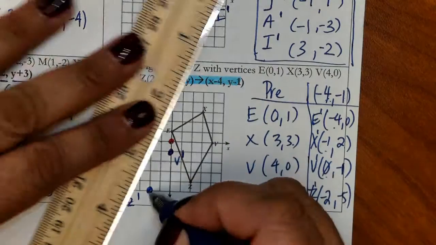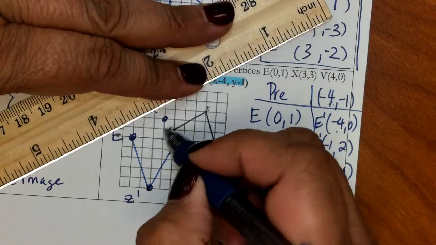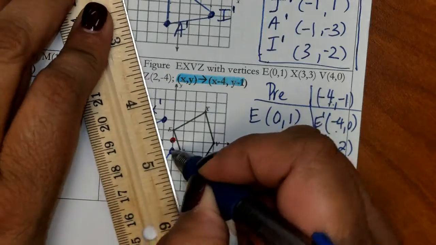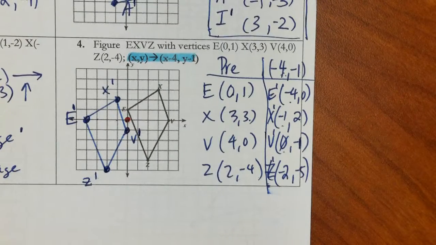Okay, so I'm going to quickly grab this because I want to go on to your next type of translation. Okay, so let me show you what that looks like. And we'll go on to the second page of our notes. I'm going to skip number 5. I'm going to skip number 6. When you get a chance to work on it, okay,